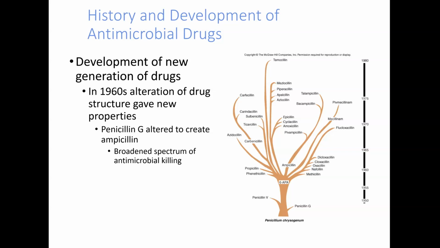For example, many of the drugs that are still in use today are really just penicillin derivatives. A good example of this is penicillin G. If you alter it slightly, you make ampicillin. Right here. And this change, again, just a very, very modest change in the molecular structure, took penicillin G,